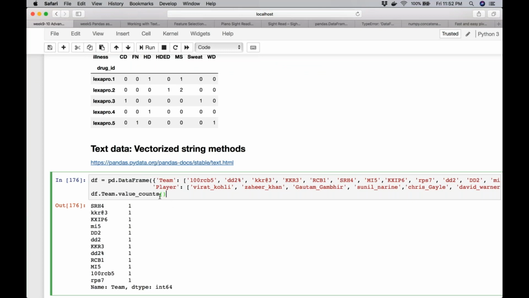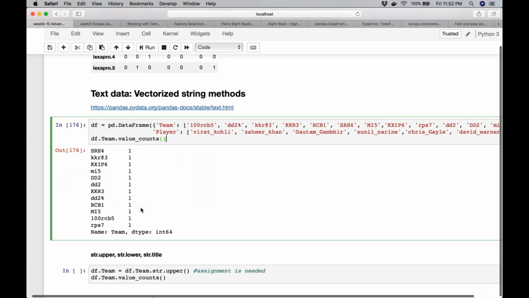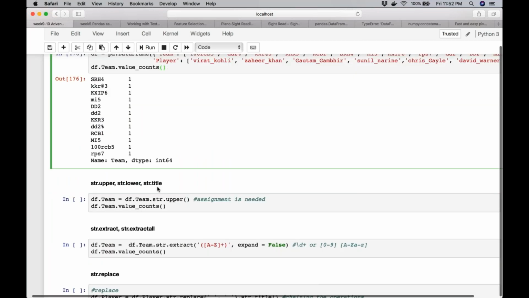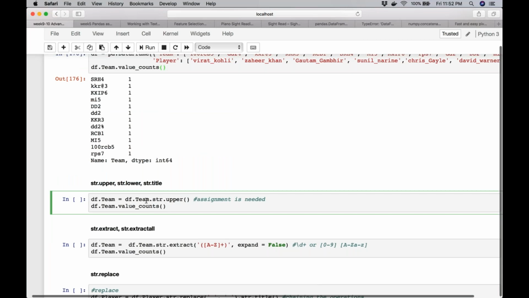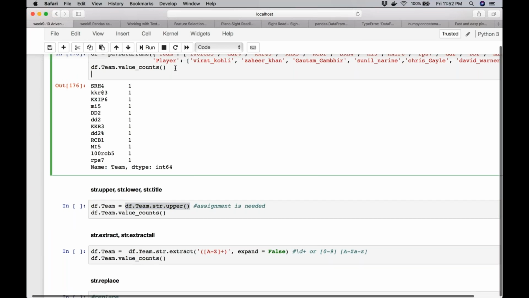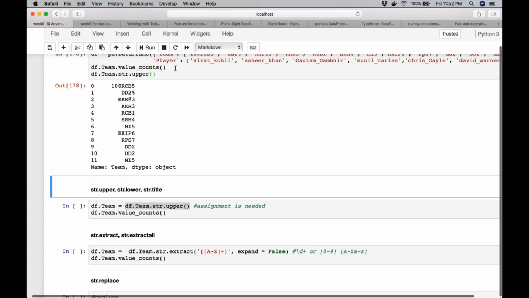What is the vectorized operation in pandas? It is where the operation is happening row wise, not apply. Apply is the pandas way of creating a for loop. So I can use Python lower and upper and whatever, but ideally I would use the string methods. So what is the first thing I'm doing? I'm saying df team dot str dot upper. If I use that, what happened? All my, at least my alphabets, have been converted to uppercase. Okay, so that's my first step.